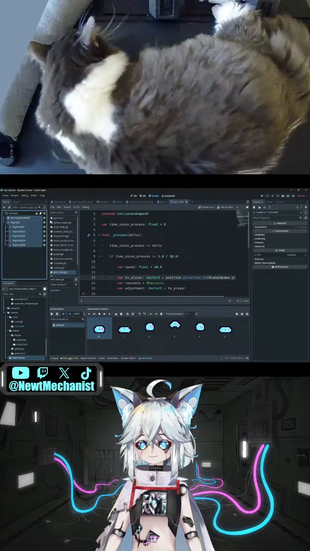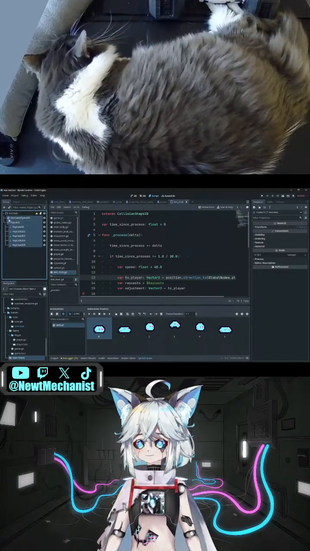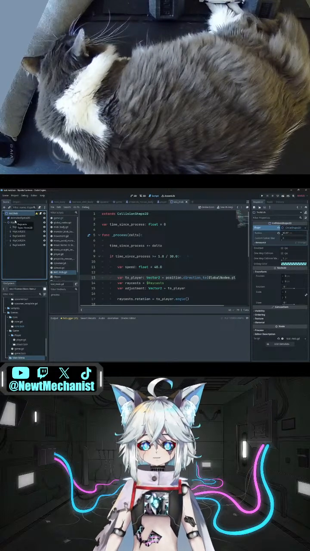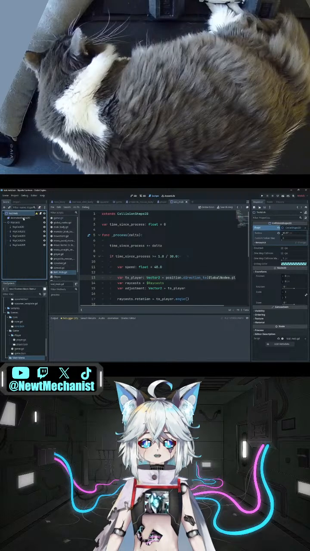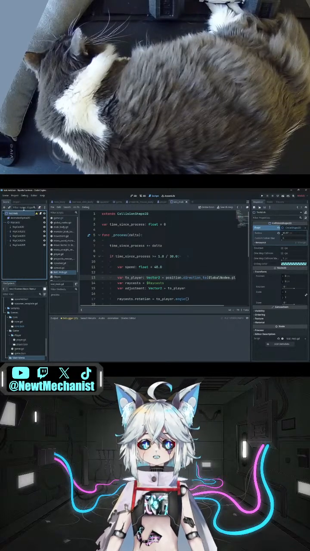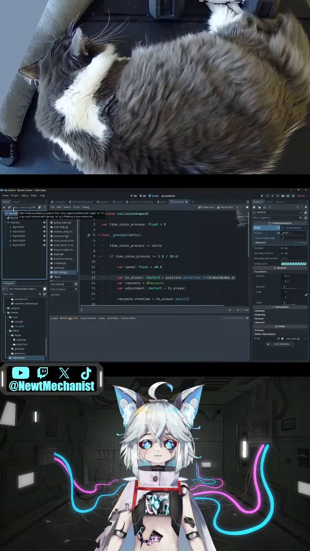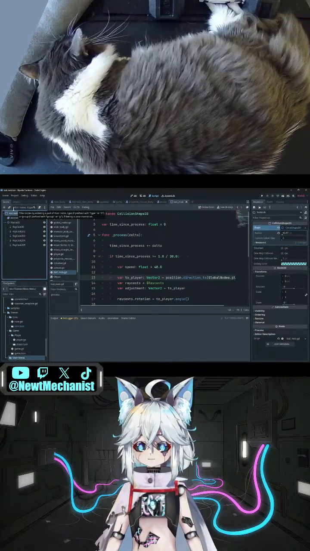So all of this part right here is part of the independent entity. But as far as the world is concerned, as far as world physics are concerned, this is a relevant piece. This is what needs to go away if the creature is defeated or if it goes out of bounds. So,